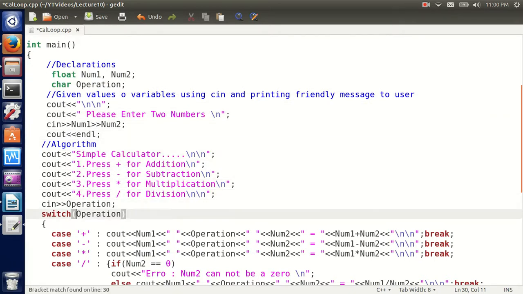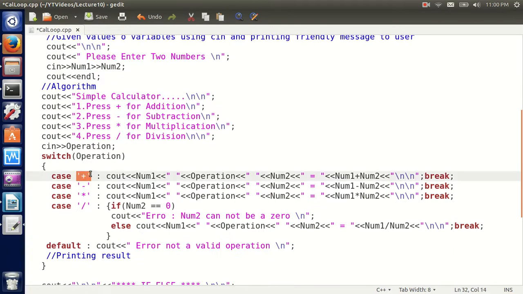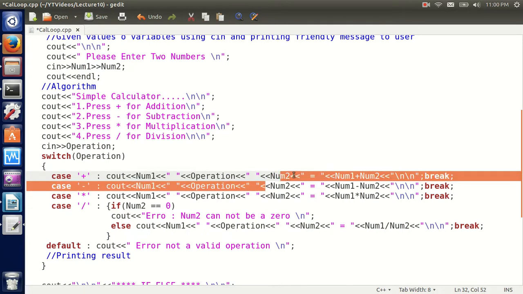Now simple calculator, depending on the operation here, what we pick, operation is a character. And remember, when we deal with characters, you're always going to deal with single quotes, like here, case. This is the case where I have addition. I'm going to do cout num1 space, then I'm going to print the operation, then num2,